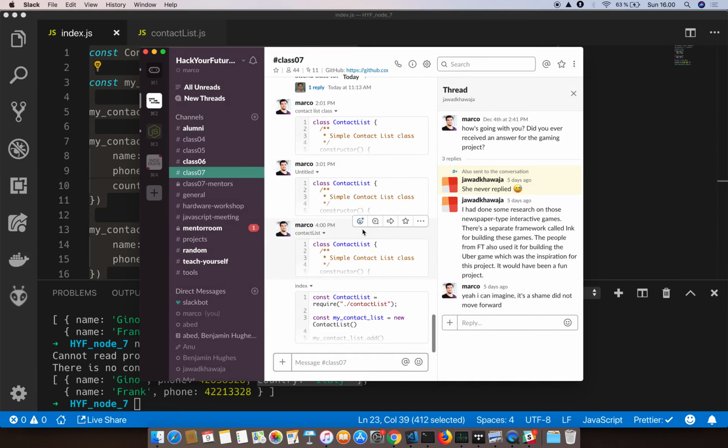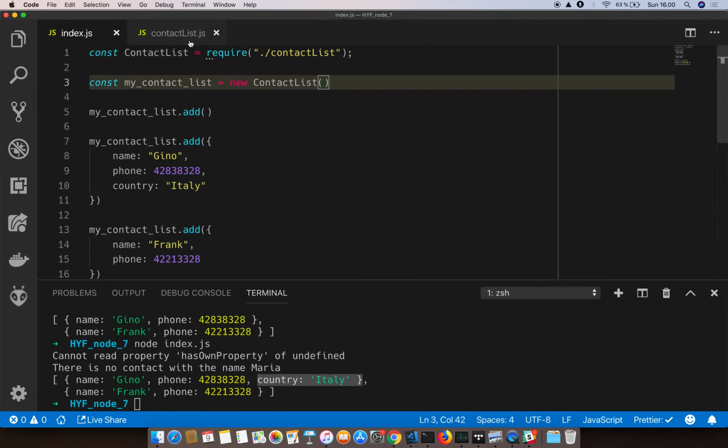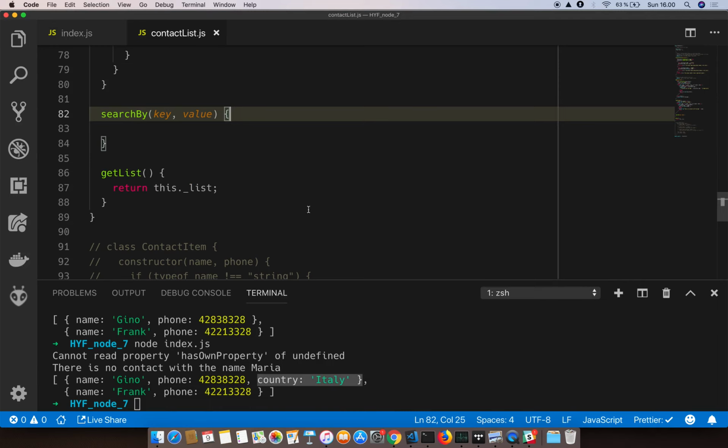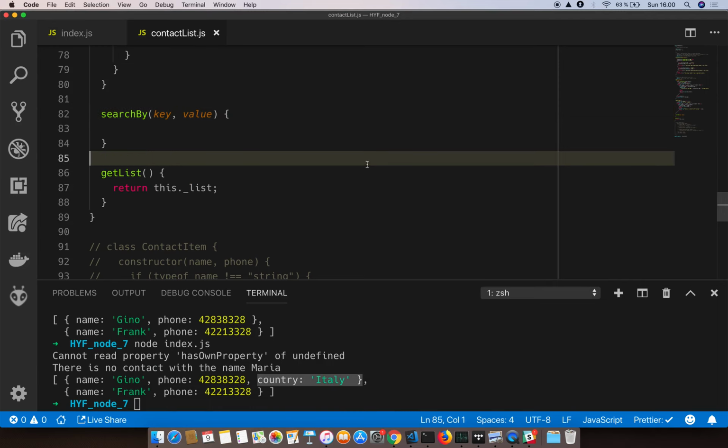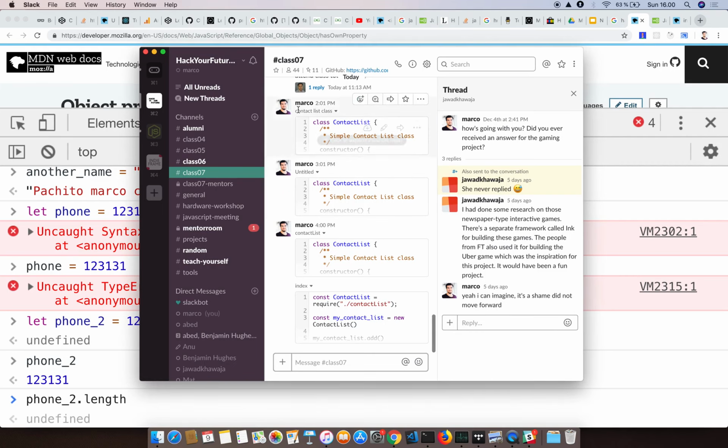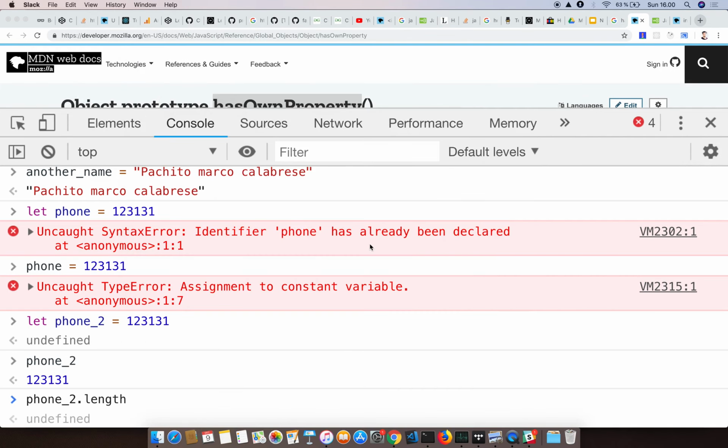Okay, so you got now both the index file and the contact list. So you need to download those two files and run it, and it works. So that's your starting point, okay? Just please don't forget to write the assignment so we can